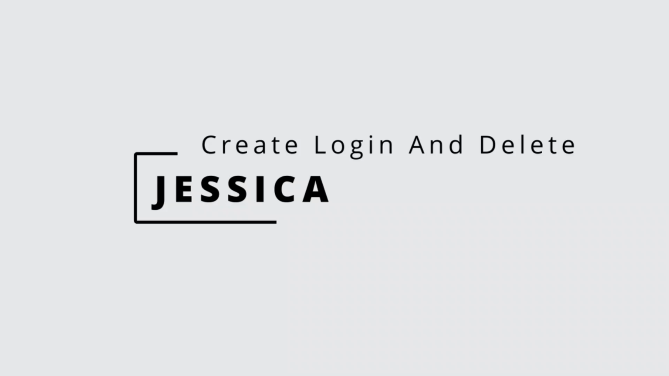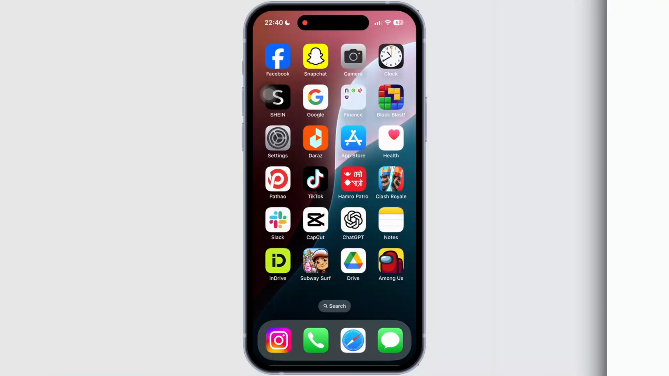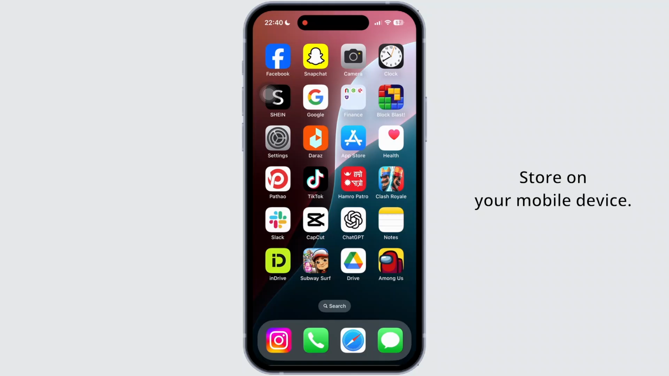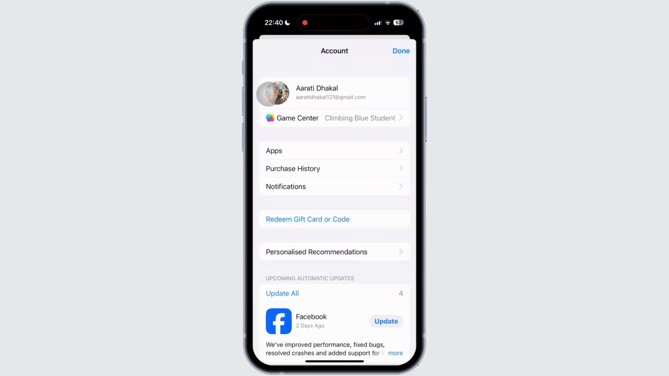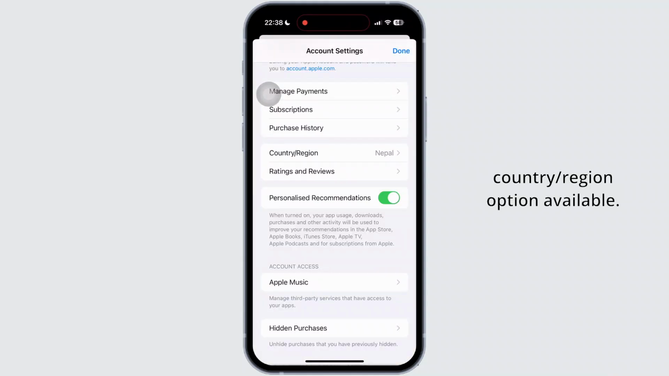So now let's get started with the tutorial. First of all, open the App Store on your mobile device. Then simply tap on the profile icon at the top right corner of your screen and navigate to your profile section. Now there, tap on your name at the top, and once you do so, simply tap on the country/region